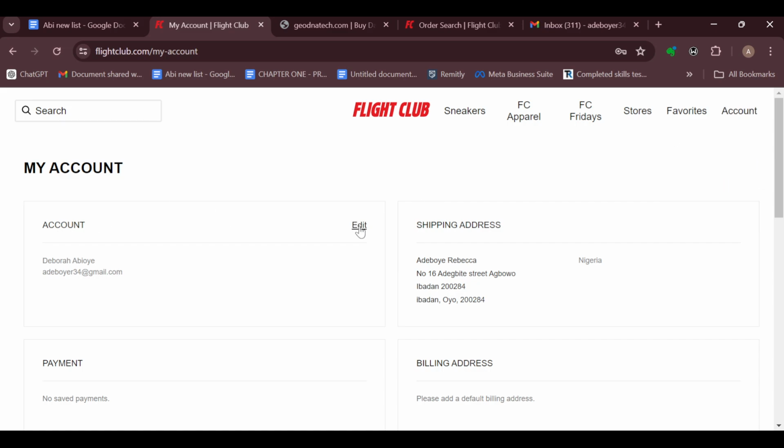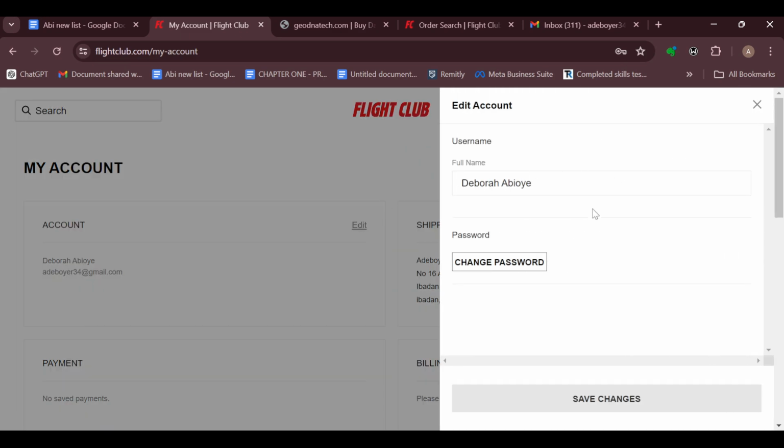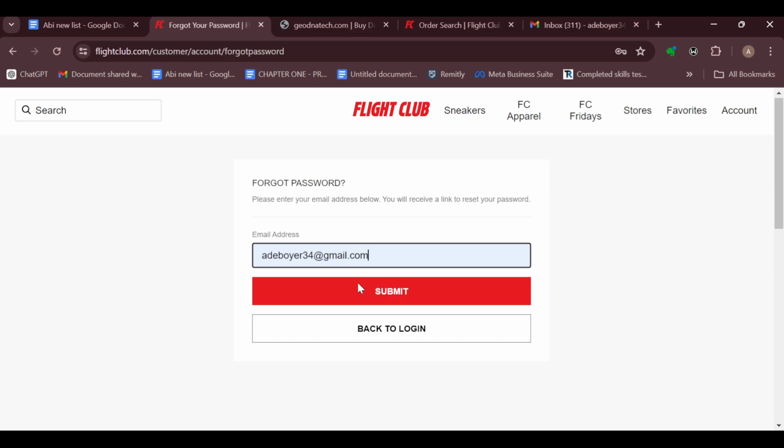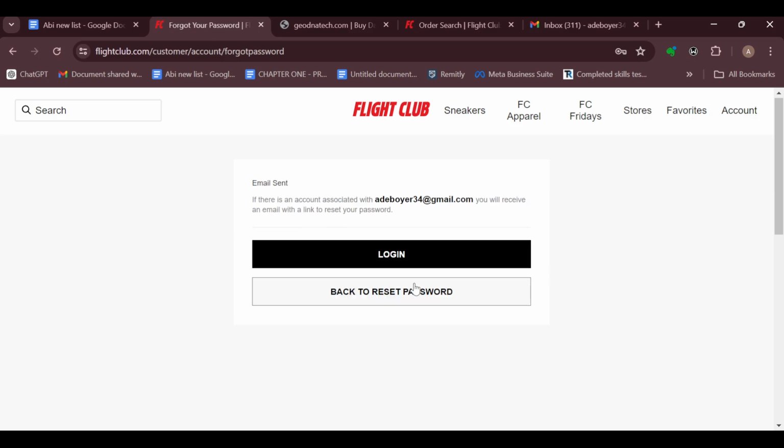So on this page, you can see accounts. Next to it, you can see edit. So click on edit and then move to the right side. Then you can see the option change password. Click on it and you'll be brought back to this page, which is the forgot password page. So you can just enter your email, click on submit, and then a link will be sent to you. Go to your Gmail,